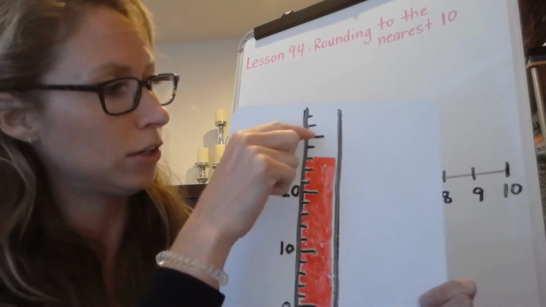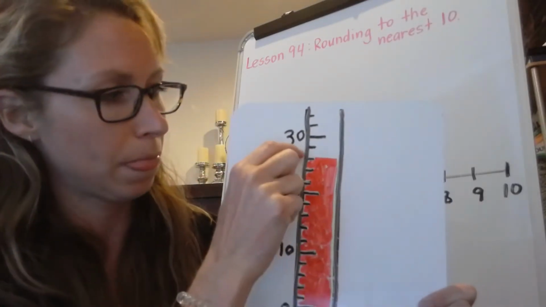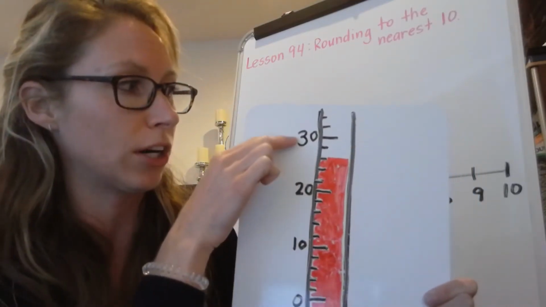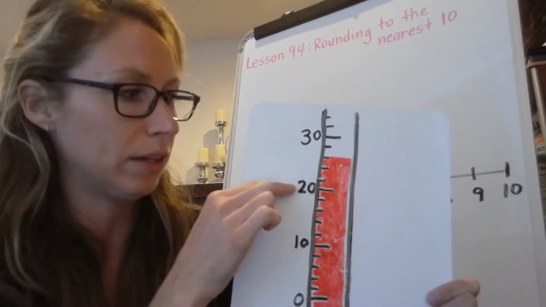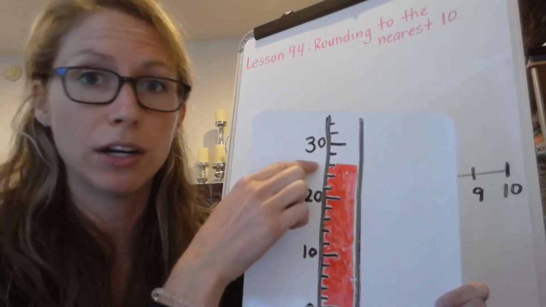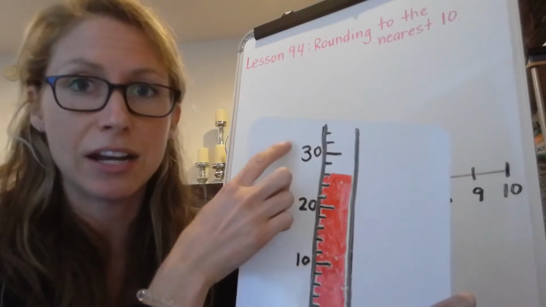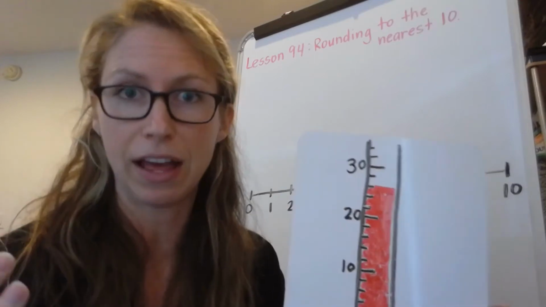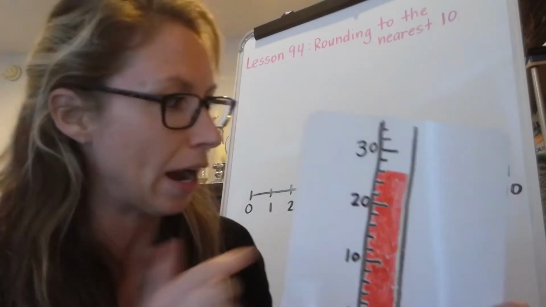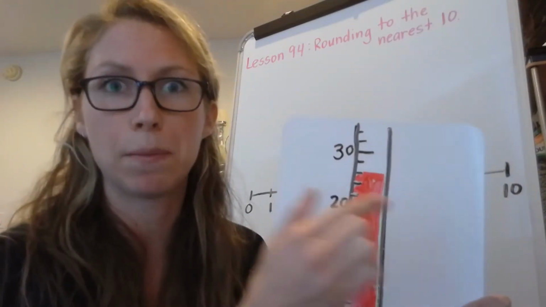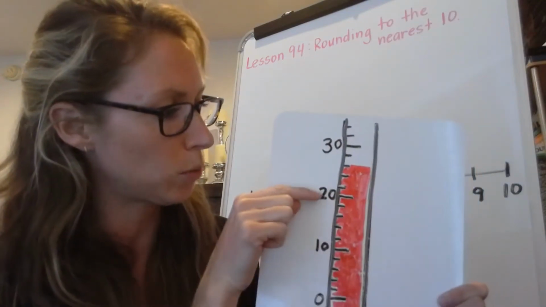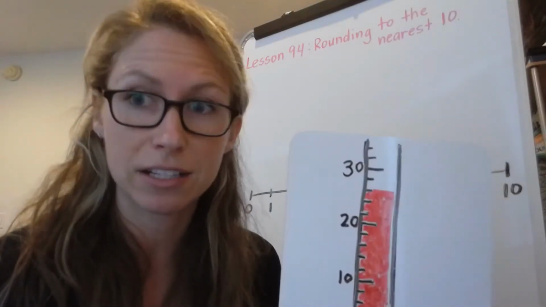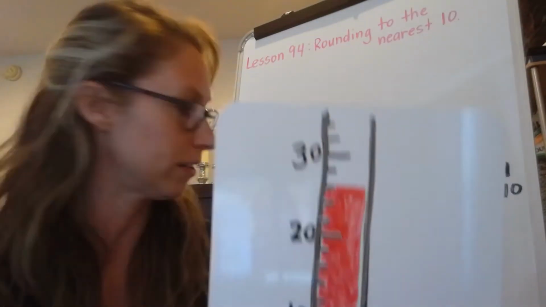It's 2 hashes away from 30 and 3 hashes away from 20. So is it closest to 30 or closest to 20? Well, we said it's closer to 30, so the nearest 10 is 30. Now, if we were to turn that into a number, it's kind of like what we're doing right now. So to figure out what the actual temperature is on this thermometer, we would go to the 20 and would say 20, 22, 24, 26. So 26